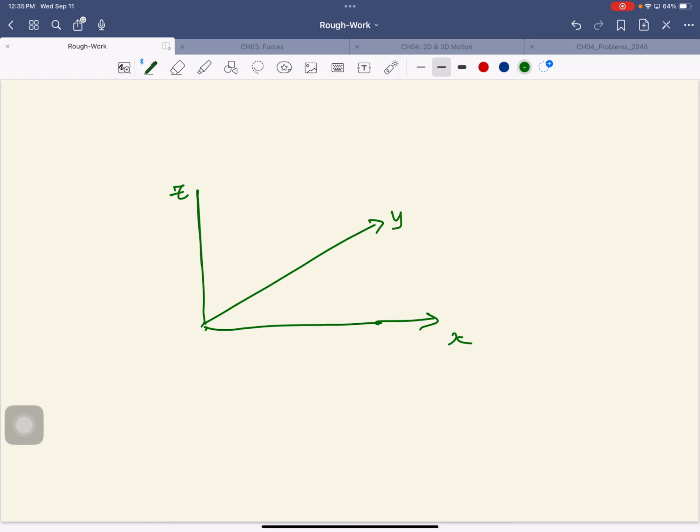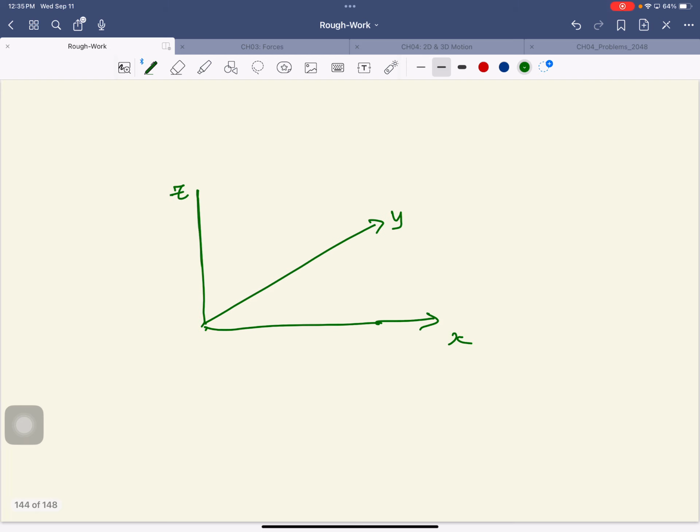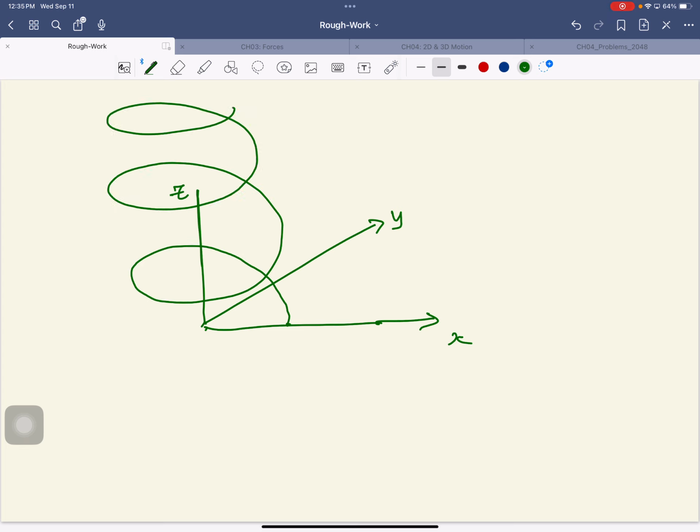Last time we briefly mentioned this. Let's say I'll write down an equation for a motion. So here's a spiral motion. The description of this motion is, let's say, 5 cosine omega t i plus 5 sine omega t j plus